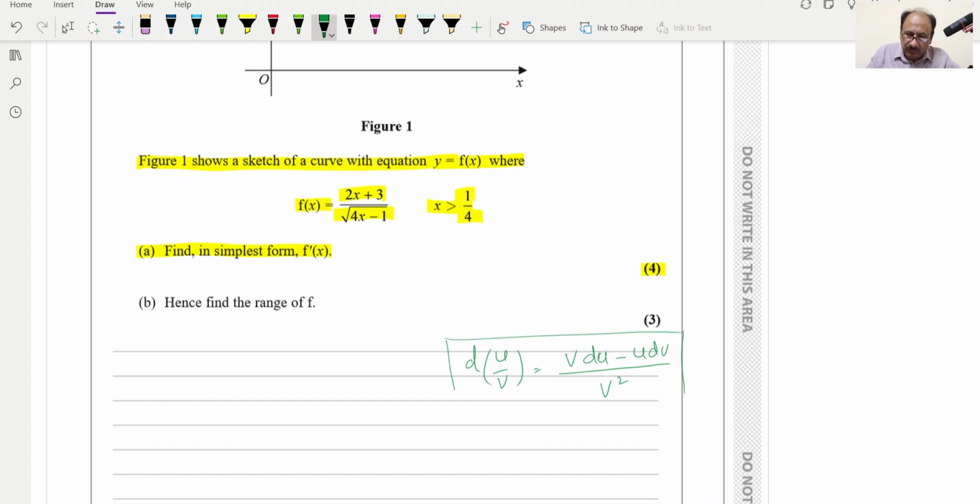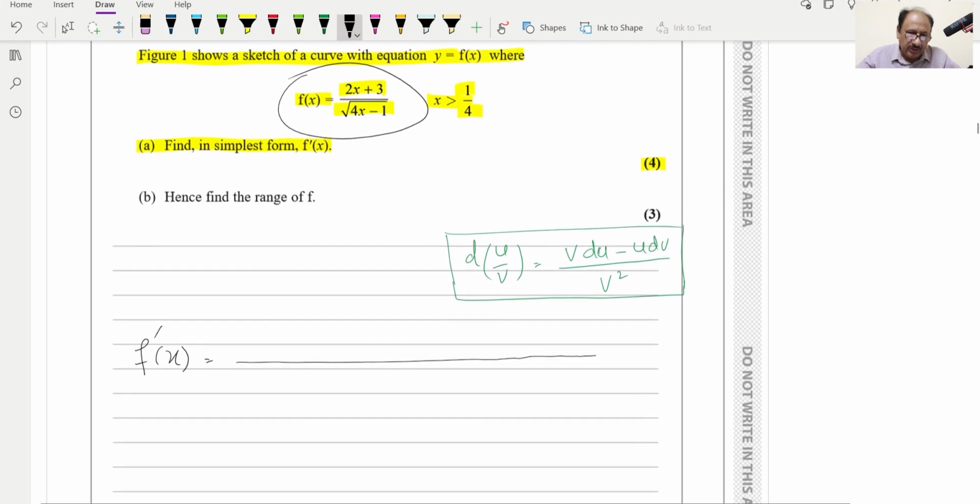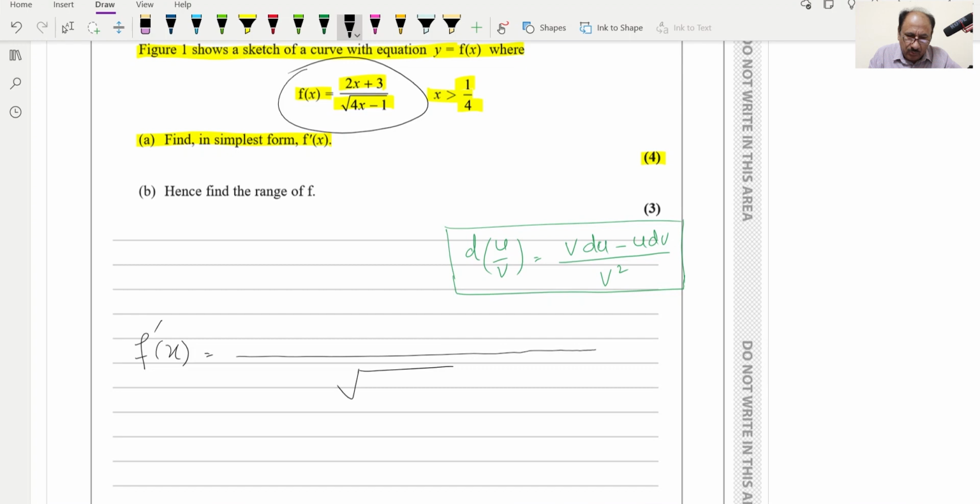This will be the formula which we will be applying over here, and if we apply it on this one, f of x we will be changing to f dash of x, which is the first order derivative. So we will write denominator square. So the denominator square will be square root of 4x minus 1 and whole square, and the denominator as it is over here as numerator, 4x minus 1, and I will put in brackets, and the derivative of this upper portion, which is 2x plus 3, so that will be only 2, which we write here,